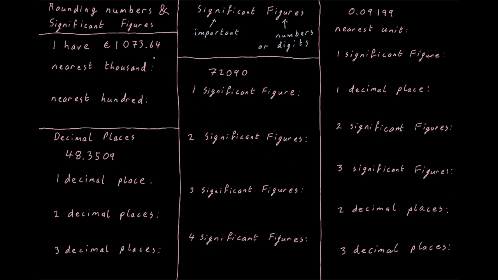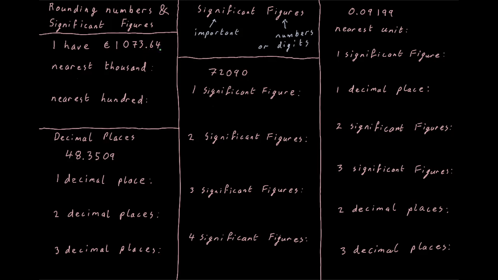Hello. Today we are going to look at rounding numbers and particularly at significant figures. And to begin with, what we're going to look at is how we would round numbers in day-to-day speech. So over the summer, I might have had a summer job, and if at the end of the summer I had this much money saved in my bank account,